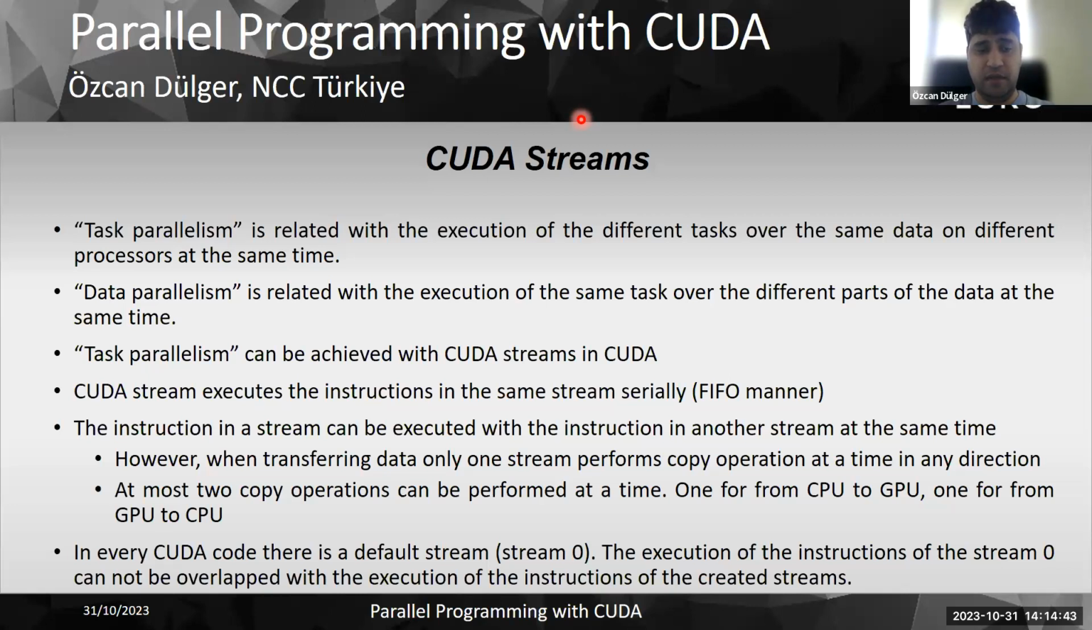I would like to give some explanation about CUDA streams. The instructions in a CUDA stream can be executed at the same time as the instructions in another CUDA stream. If you create more than one CUDA stream, we can overlap the different instructions and execute them at the same time. But there are some